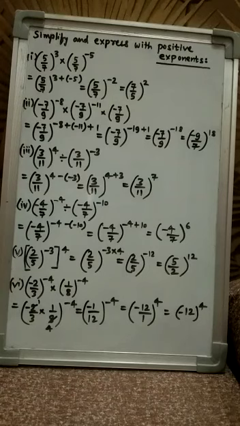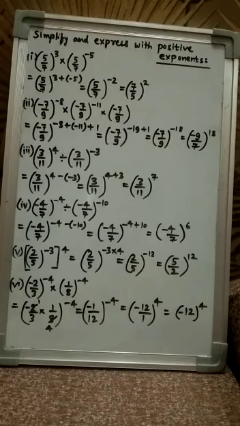We know according to the law of exponent, whenever the base is same and in multiplication the powers are added together. So 5 by 7 and the power 3 and minus 5, both these powers will add together. So 3 plus minus 5 becomes minus 2. So 5 by 7 raised to the power minus 2.